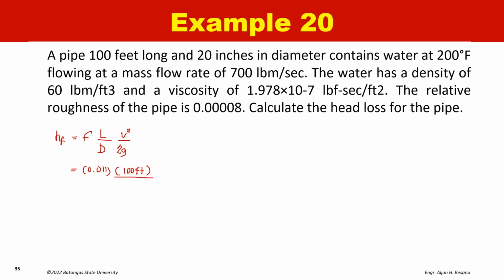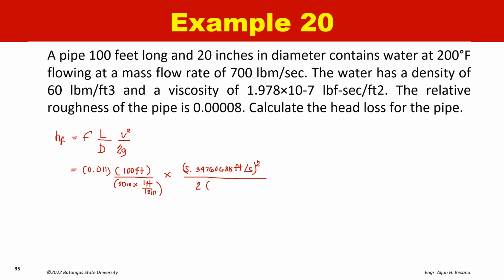Then our diameter is equal to 20 inches, or simply when we convert 20 inches, let's just have this 20 inches times in every 1 feet, there are 12 inches, times our velocity, which is obtained earlier to be 5.34760688 feet per second squared, all over 2